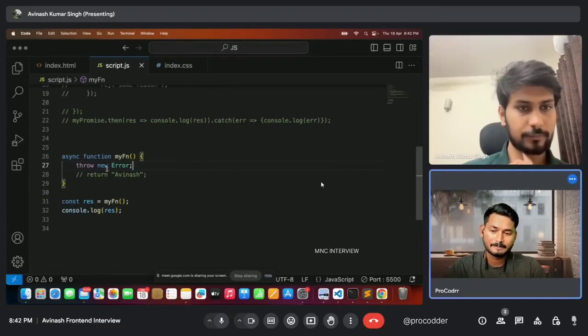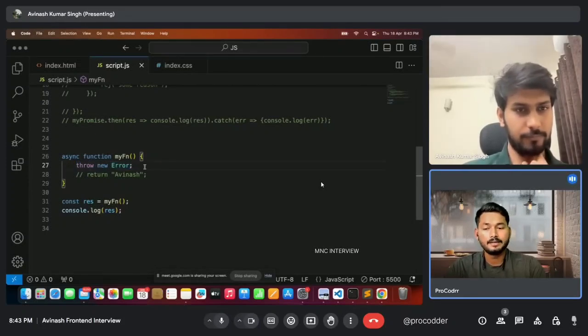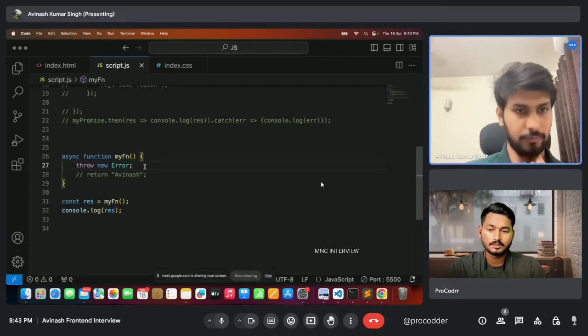Yes. So usually it will be pending if we use the await keyword. And the await keyword we can only use if we have a promise. Yes. You got it?